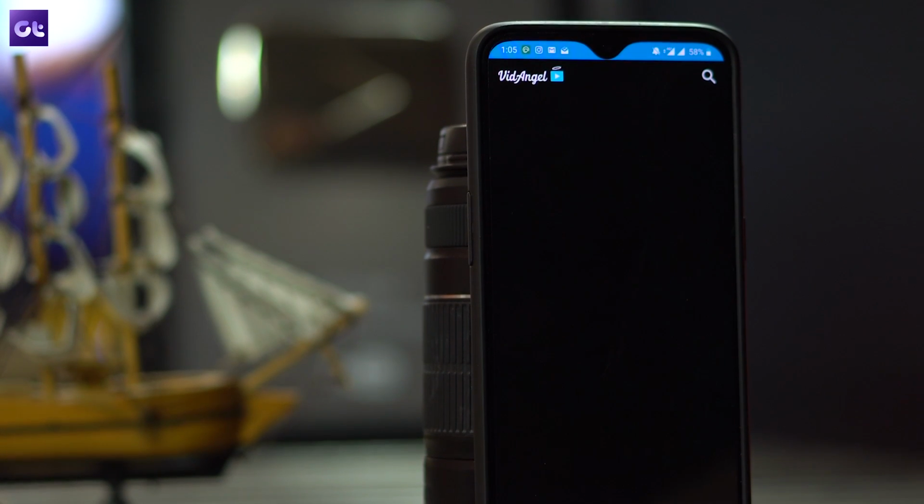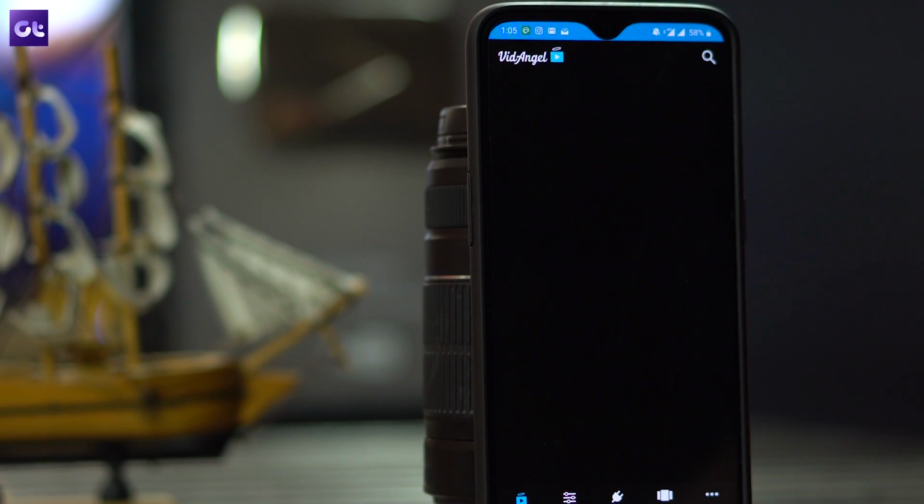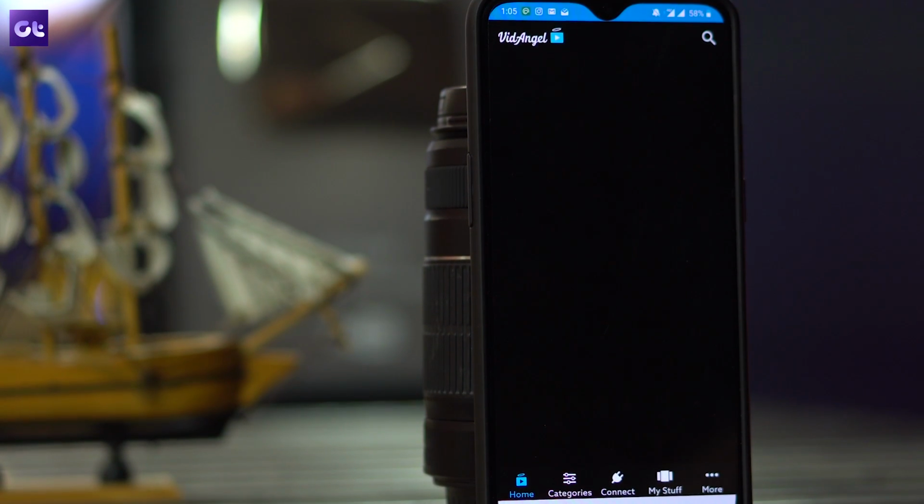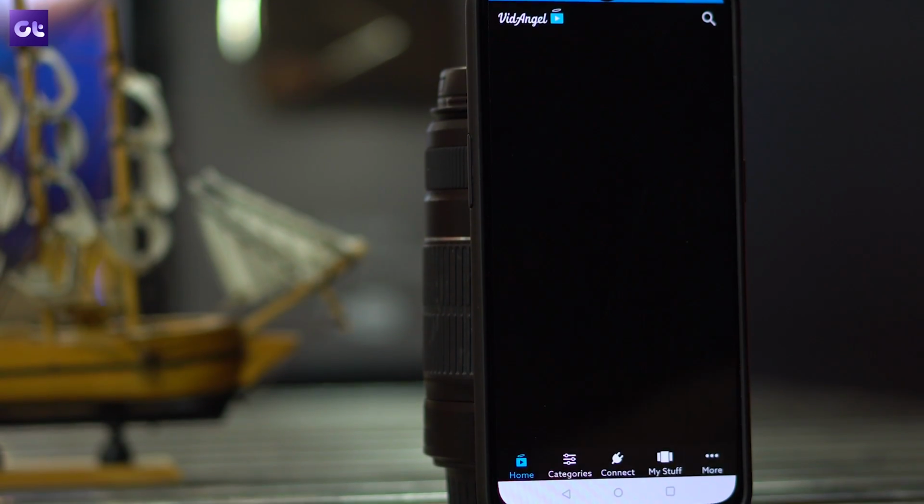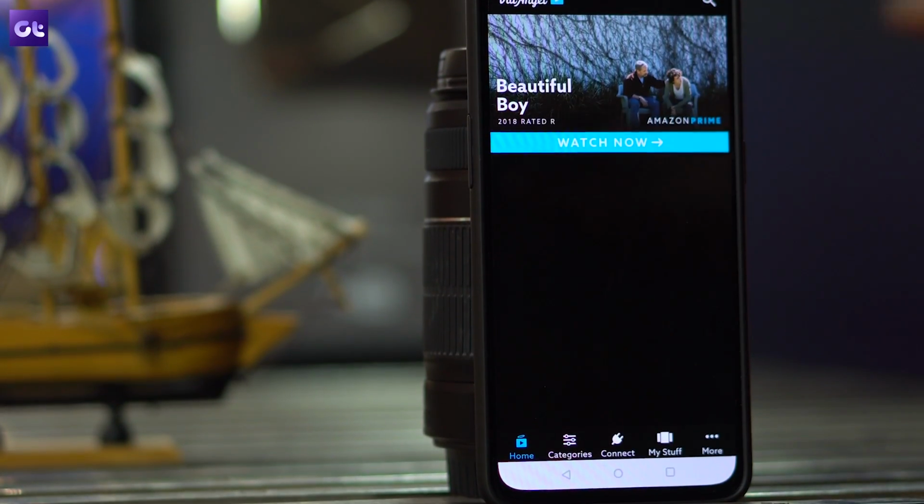Now moving on, the next app in the list is VidAngel, and it's a must-have app if you watch random Netflix movies with your family, especially kids. The app lets you skip and mute any objectionable content with just a single tap. This app has some of the most popular titles available under the filtration system, which can be used in 3